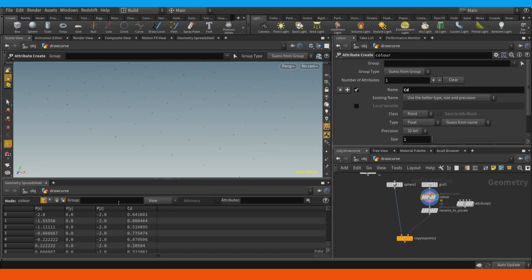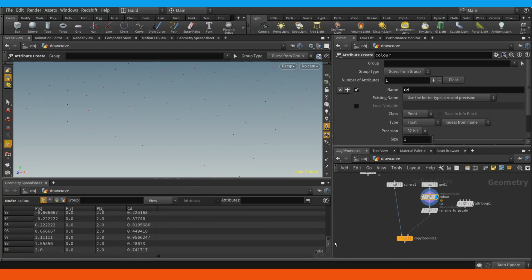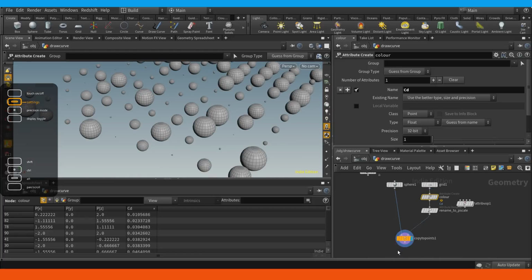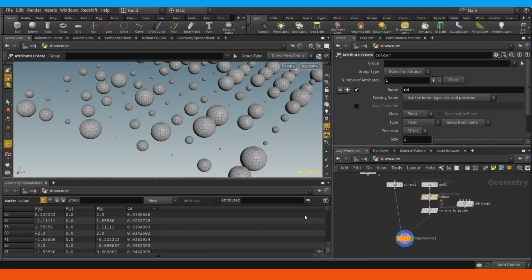How you use this guy is, you're not always going to be looking at every single one of these values. And in fact, you basically never do that. You usually check the minimum, maximum values of any attribute, and you can do that by toggling the sort function. It's like any other spreadsheet, sort of like an Excel spreadsheet where you can sort by different values. So we can sort it by our minimum color value, which is 0.01, which of course is getting transferred